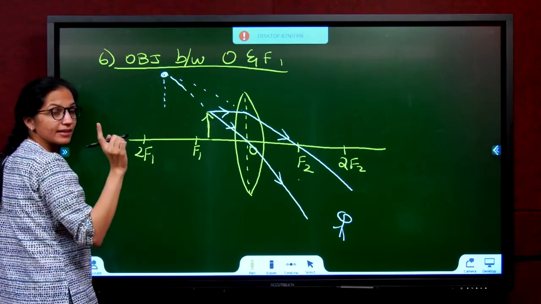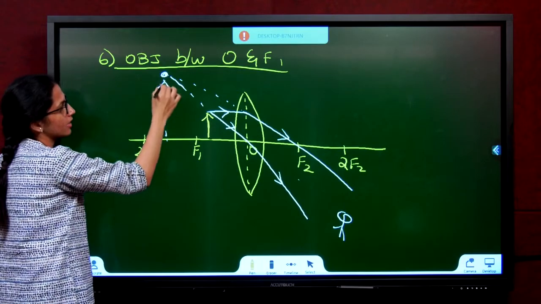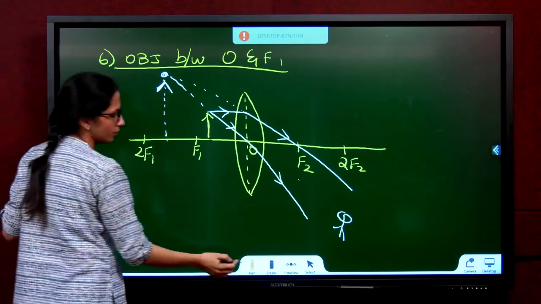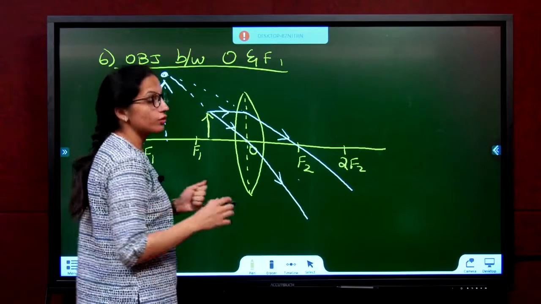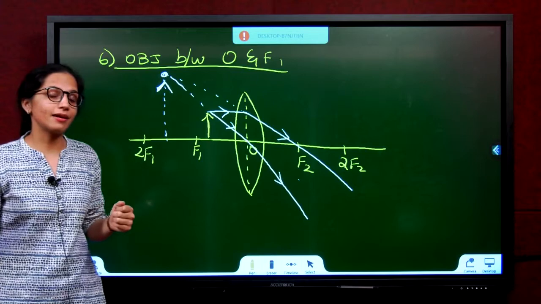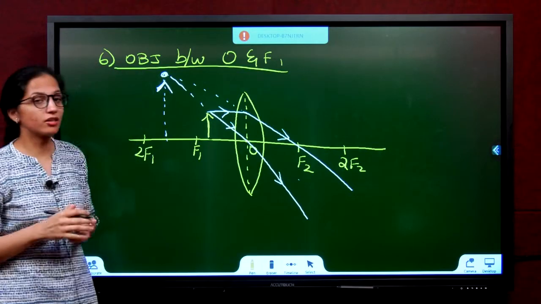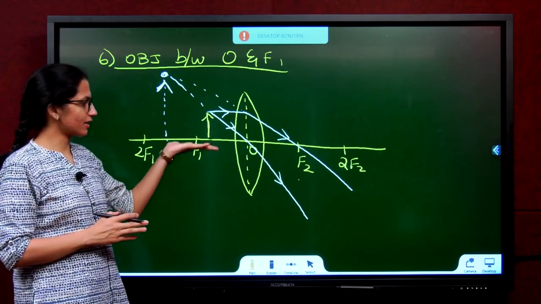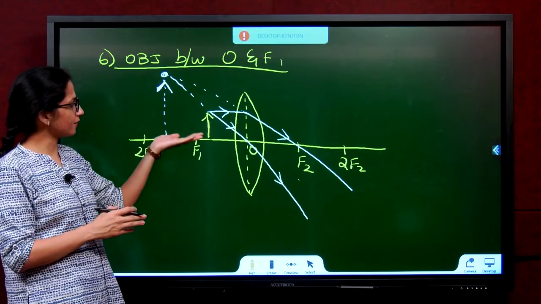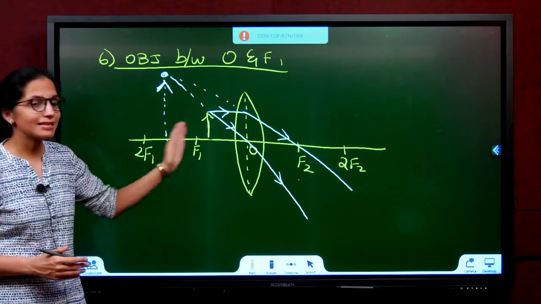It is not really meeting, it's appearing to meet. So, the image will also be imaginary. Imaginary image means what? Virtual and erect. I hope you remember. That's all. So, just like how in the concave mirror the last case gave you a virtual image, here also we got a virtual image. Understand one thing, in virtual image cases, images are formed on the same side of the lens as the object. See, image and object are on the same side.